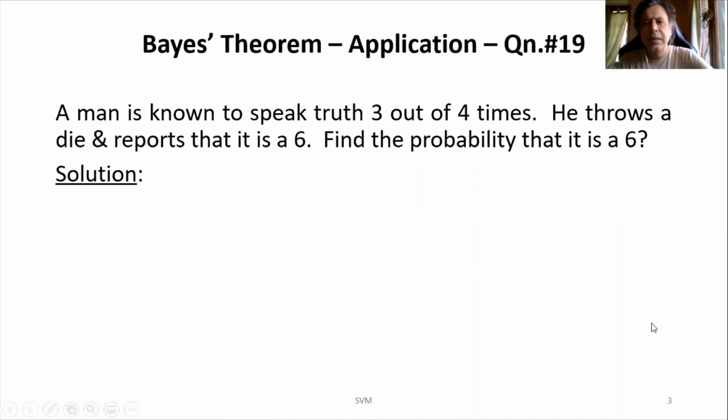So here, how do we define the events? So immaterial of whatever is the number, he is reporting it as a 6. So that means whether it is a truth or is it a lie, he is going to report it as a 6 only. So first let me say, let A1 equal to event of